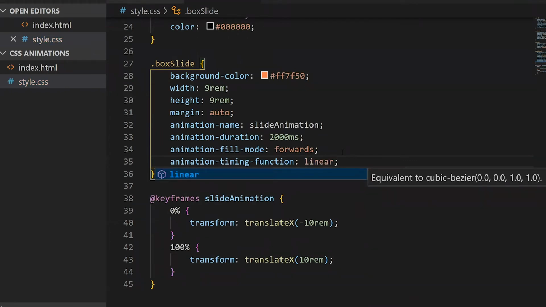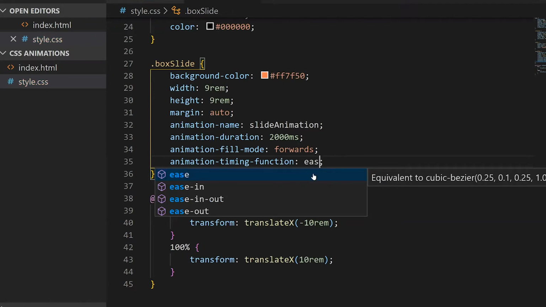I think there are 4 or 5 basic ones. Currently, normally it's at ease. And there's ease in, ease in and out, and ease out. So ease in